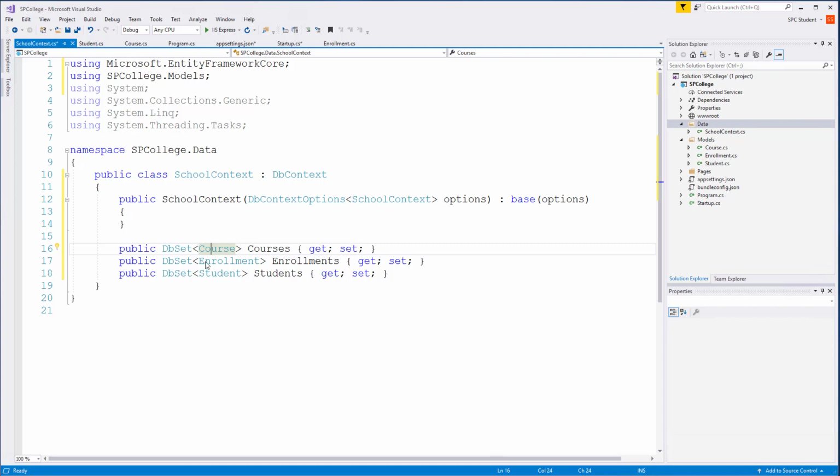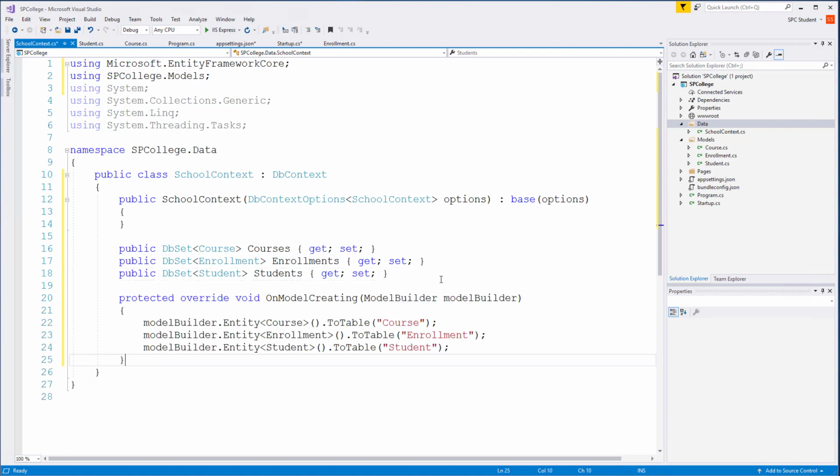And before we move on, just know that implicitly, Entity Framework will automatically create the enrollment and courses because student actually references those in the data models. But for the course, I would like for you to go ahead and add the courses and enrollments explicitly. Now, to create the actual tables, what I'd like for you to do is go ahead and add the following code